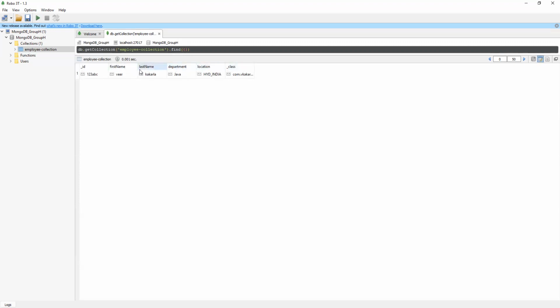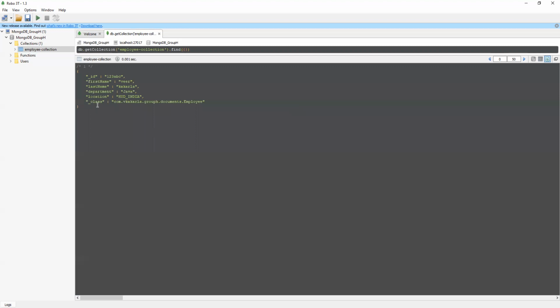This class is generated by MongoDB for a unique purpose. ID also we added, right? So that's fine. 1, 2, 3 ABC. And there is one more type, view in text mode, which means a JSON document. So it is storing a JSON document, right? So ID is 123 ABC, and even though it is giving underscore, it will ignore it when we are passing ID. Okay, that's fine. And for the class, for unique purpose, it is generating its own class. Okay, so like that we can store all our documents.